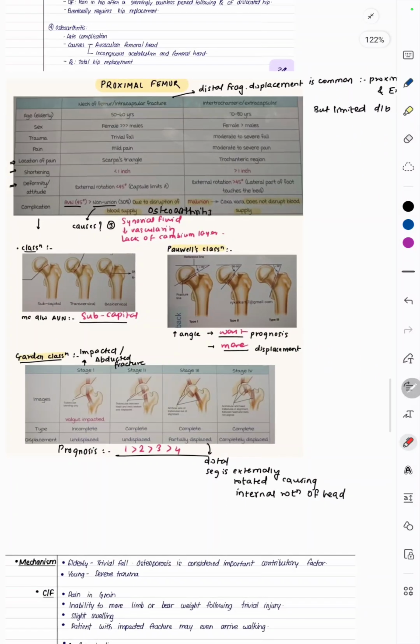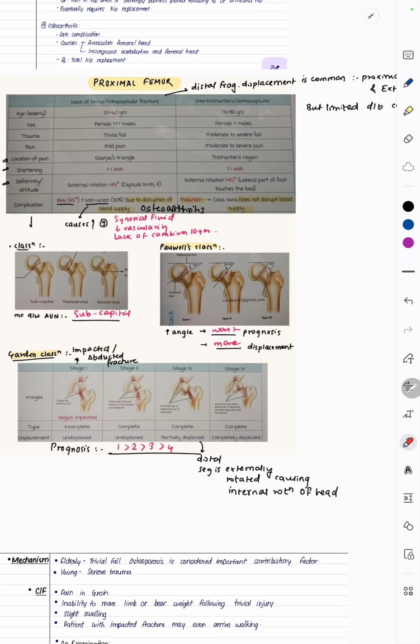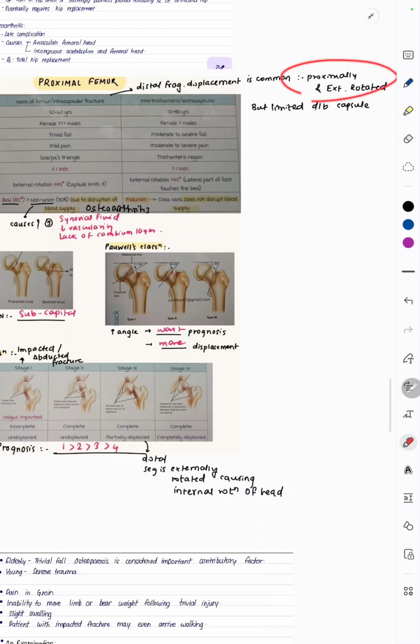Then talking about the proximal femoral fractures, we have two important ones, that is neck of femur fracture and intertrochanteric fracture. Neck of femur fracture is an intracapsular fracture. In neck of femur fracture, the distal segment is displaced proximally and externally rotated, but the displacement is limited due to the capsule. On the other hand, in intertrochanteric fractures, the displacement of the distal segment is common, but it is more because it's